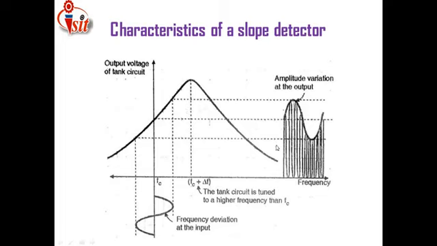Just see, for the tank circuit demodulation, here we are applying the amplitude variation at the output end. That means for each and every pulse we are getting a different amplitude. In short, as I have told you earlier, amplitude is totally related to the height of any particular signal. For this pulse the height is different, for this pulse also the height is different. That means the height varies for each and every pulse.